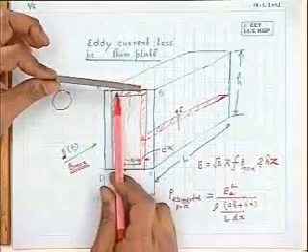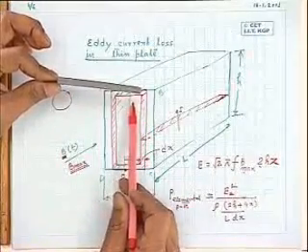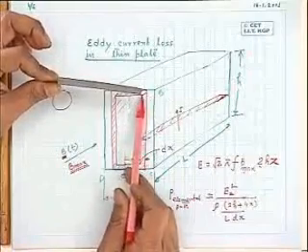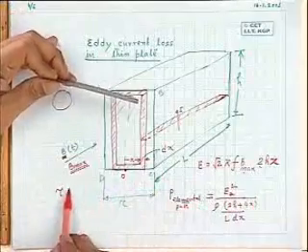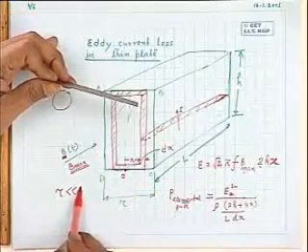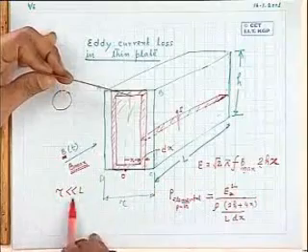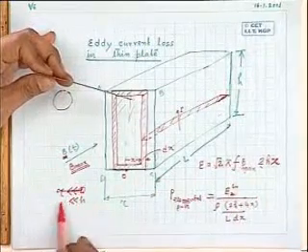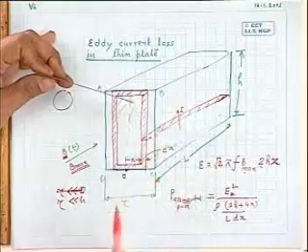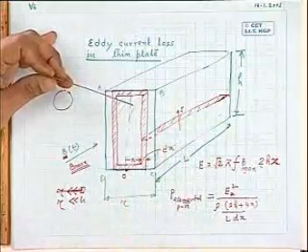Now, compared to this thickness tau, this x here will be also small. Within tau only it will come, x, dx, whatever you consider. This tau, if it is sufficiently smaller than L or h, those dimensions,